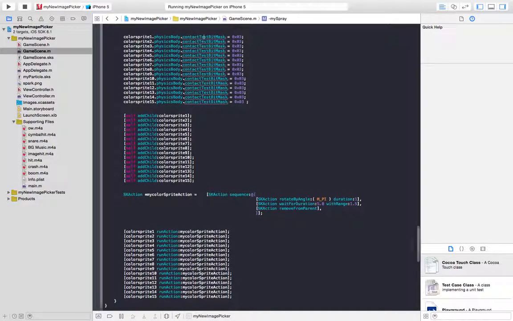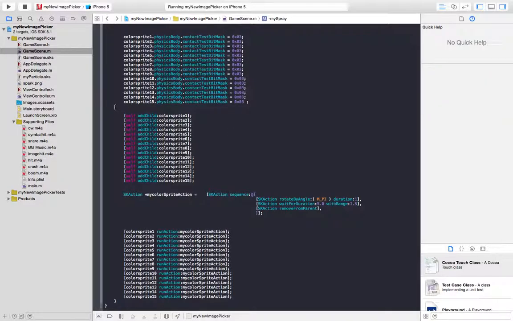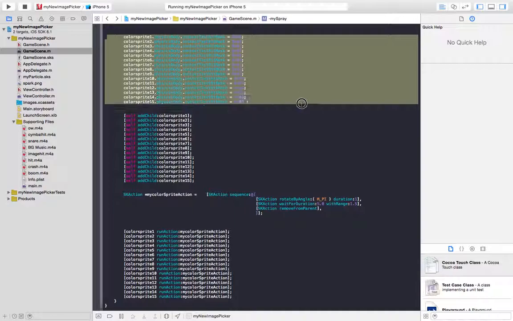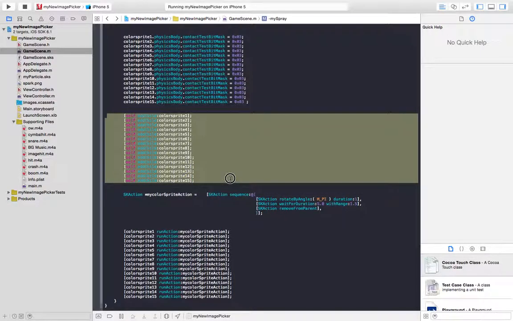We're setting a contact test bit mask on all these sprites' physics bodies, so that we can determine when the contact happens and what to do when that contact happens. That'll be part of a different tutorial. SpriteKit will tell you when different sprite nodes contact each other, and we want to do different things when our colored sprites hit stuff than when our picture sprites hit stuff. Okay? Then we add our color sprites to the scene,